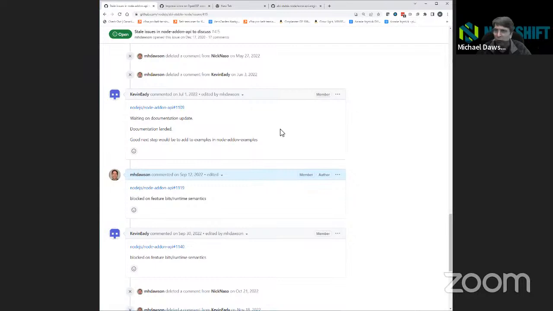Although there was one question: should we release this as part of Node API 9 or 10? I think you asked this question, right? There was an issue somewhere about Node API 9, and you were asking whether we should include the feature bits part and the change in behavior in 9, or put it in 10 because it's a bigger change. I don't have a strong opinion yet on that, but if you remember, feature bits we don't use anymore, right? Right. Okay, so it's not versions. I guess the question is: do we want to?